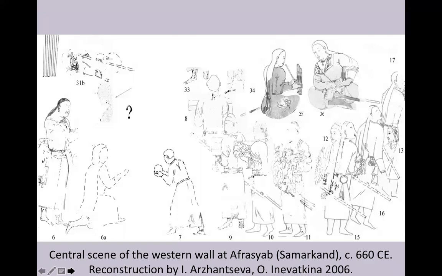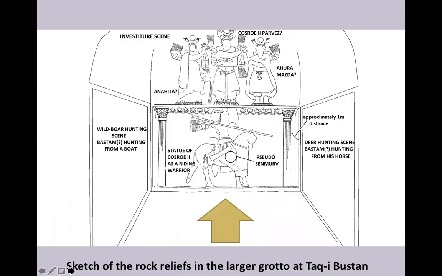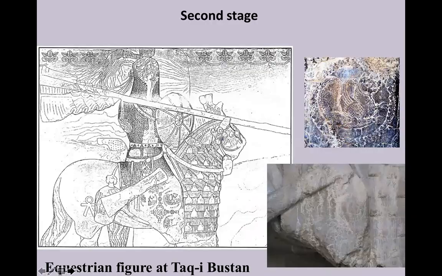And just to conclude, the next slide, please. I would like to show you the decoration on the garment of the king represented as a warrior. We have again this creature with the face of a dog, the pose, wings, and peacock tail. But this stage of Taq-i Bustan is already the one pertaining to Khosrow II.